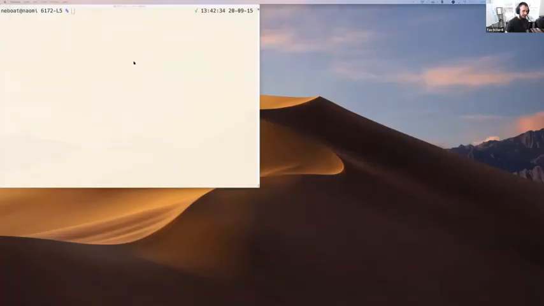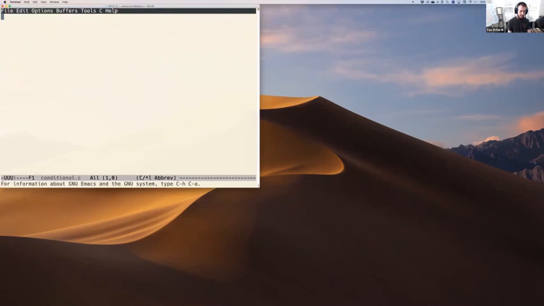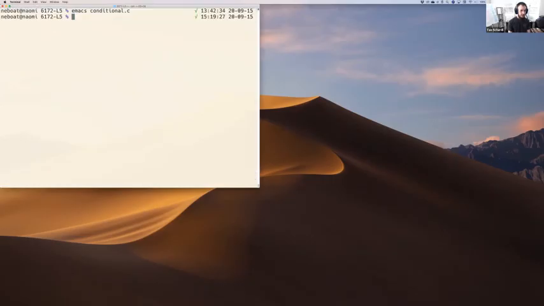Okay, so now you should see just a terminal. And what I'm going to do here is just open up a file, conditional.c, just set up as an empty file. I'll paste the code that I wrote in the Compiler Explorer, save that file, and then what I'm going to do is compile this down to